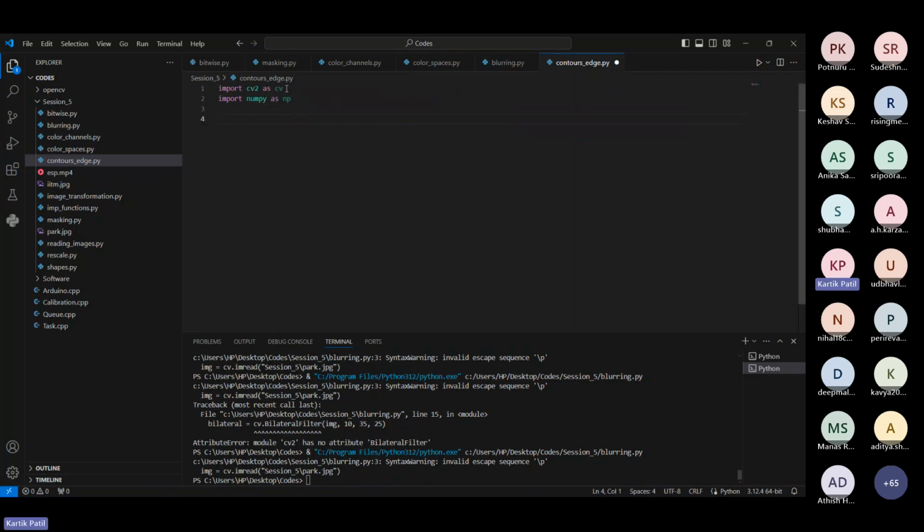Do make sure you write import cv2 as cv. If you only do import cv2, then you can't call the libraries as cv.GaussianBlur or cv.blur or whatever. Then you will have to write cv2.GaussianBlur, cv2.blur like that. I'm writing this as cv because of it. I don't want to write 2 every time. That's it. So write image equals cv.imread